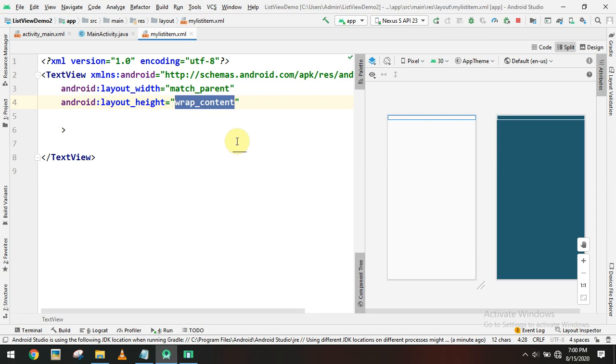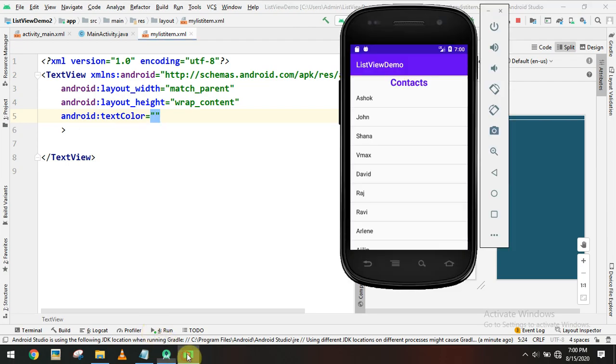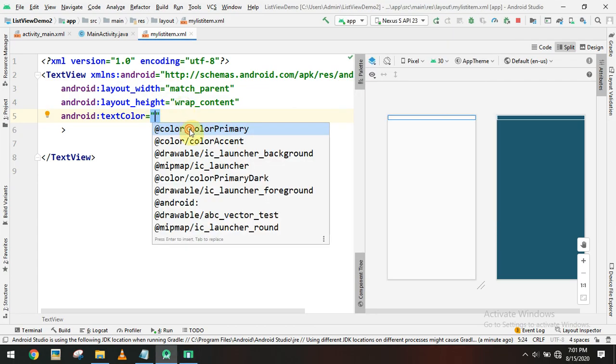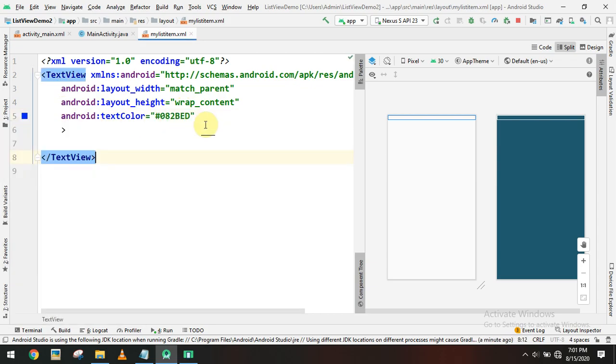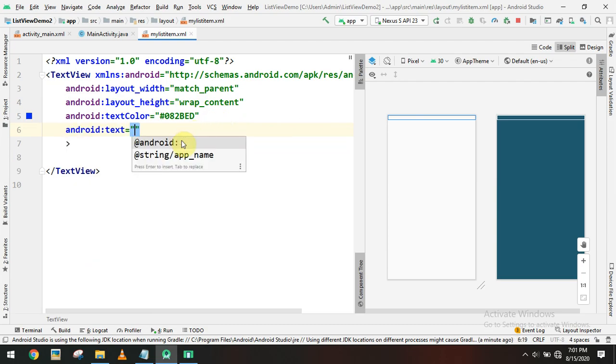Okay, let's try wrap content, how it is. Also we can set the text color. Now in my previous output I am getting black color, so I want to change every list item to some other color. So here I'll select some color, I'll try blue color. So now let's try how it is using a text. This is sample text.